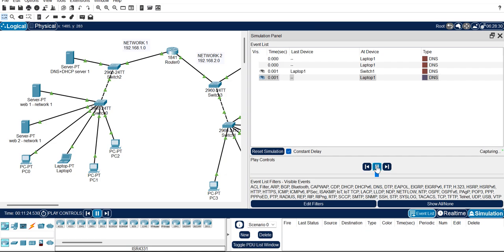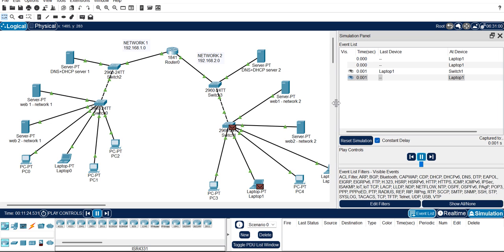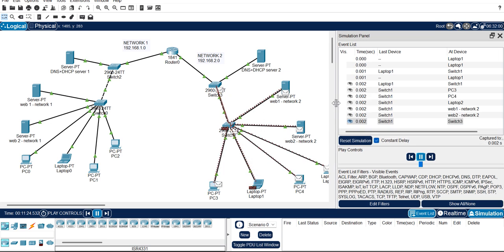Here we go. You can see the packets moving. It may take a little longer since we have a large topology, but let's see.